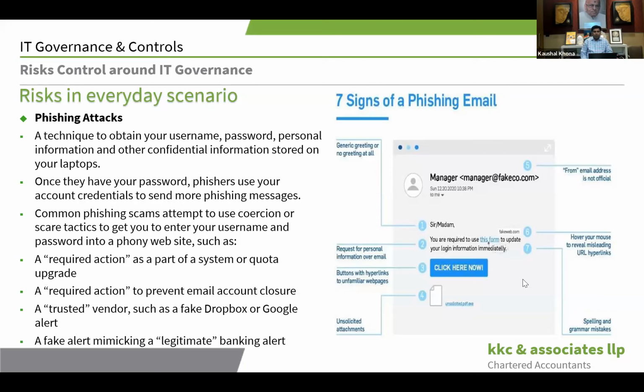Once they have your password, phishers use your credentials to send more phishing messages. For example, if your email account is compromised, or say your Facebook account or Instagram is compromised, then that hacker would use your credentials to send messages to others who are saved in your contact list. So the others receiving those messages would think that it is coming from you, whereas it is not actually from you. That can damage your reputation, and also the fraud can magnify, because now you're not the single person who is affected. There may be many other people who would be affected when you are affected.